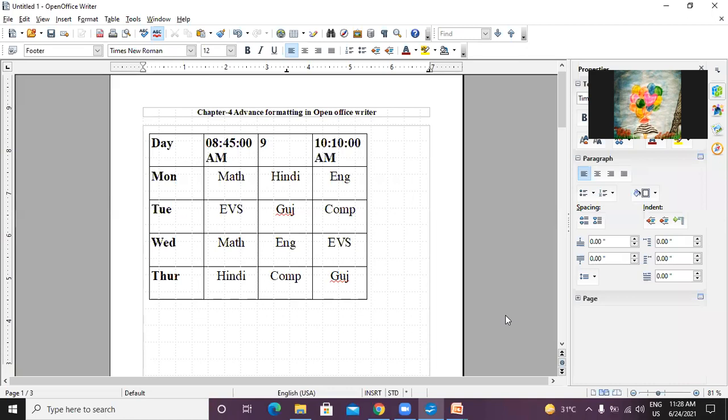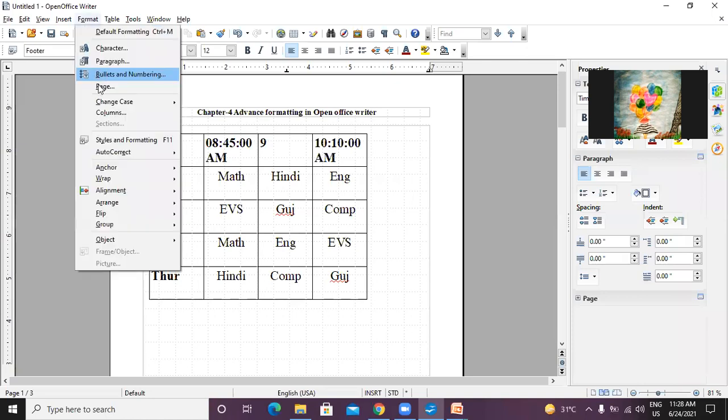Here you can see this is our page. Now I'm clicking on format. You have to click on page, then go to the page tab. Here you can see the orientation option.